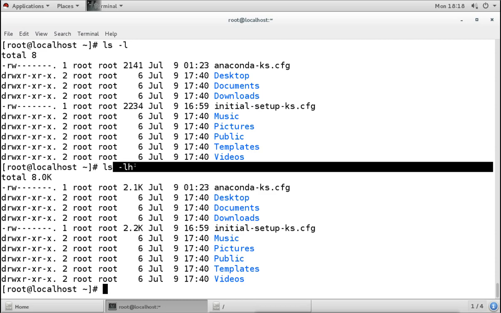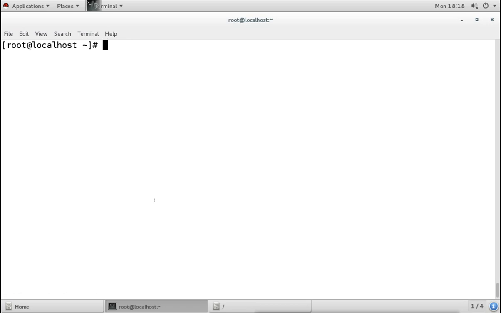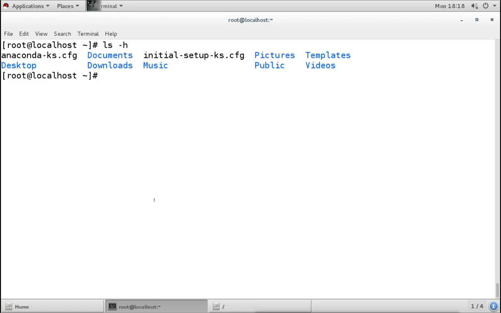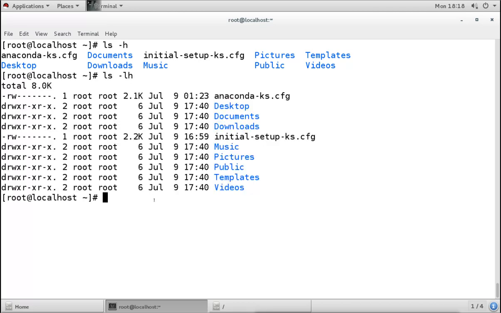Now we can only run this h option with -l so that we can see the difference, or we can see the size. Otherwise we can't see the size. So normally when I ran that, I did not see any difference. I saw only the names of the files. So it was not showing the size, and because of that we don't know the size of the file. So for showing the size, we have to add L also.